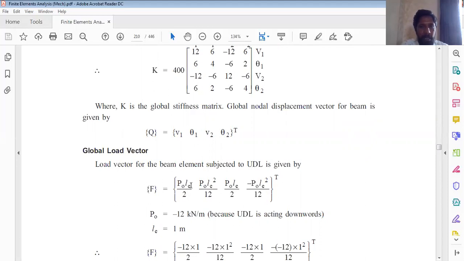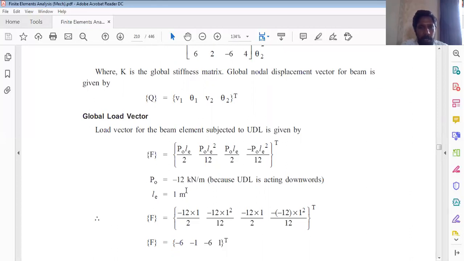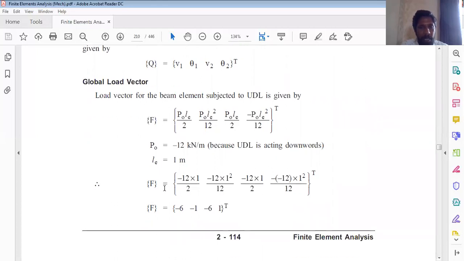And they are associated with V1, theta 1, V2, theta 2. Now, P naught is the intensity of the UDL, which is 12 kilonewton per meter, and LE is the length of the member, which is 1 meter. I have considered here minus 12 kilonewton per meter because the UDL is acting in the downward direction. So, therefore, the load vector due to UDL, F, is equal to minus 12 into 1 divided by 2,